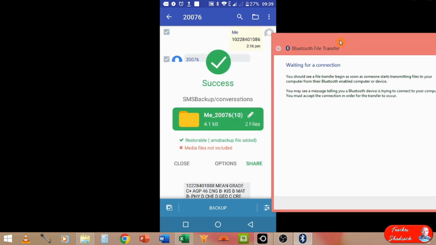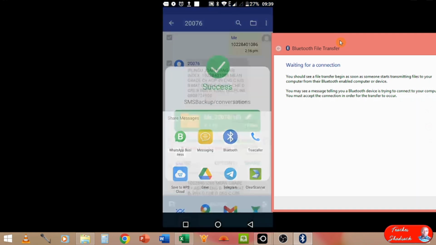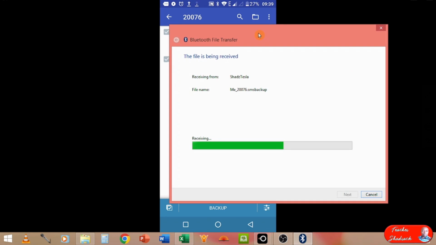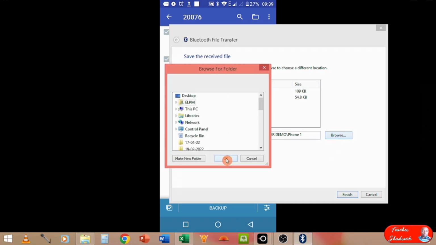I have not told it to receive a file. So once again, I choose once more, and then Bluetooth share, and then the device, that device, right? The device is receiving. Good. And then where do we put the second set of backup SMSs into? This PC, where? The place, okay, the folder. You must know the folder that you